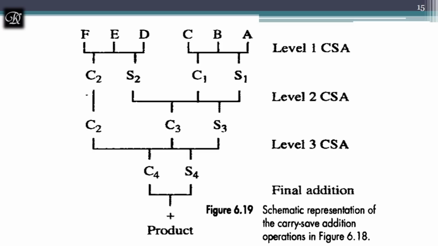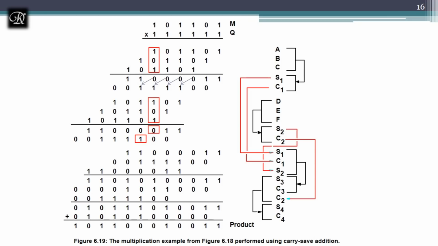We'll see with the same example we have taken. See what we are doing over here: I have taken A, B, C, the first 3 partial products. As it is said, we will be finding the sum and carry of these. So 1 is written as it is. Is there any carry? No carry from this. Carry always goes to the next stage, that's why I have written carry in the next stage. The carry from this addition is 0 and sum is 1.